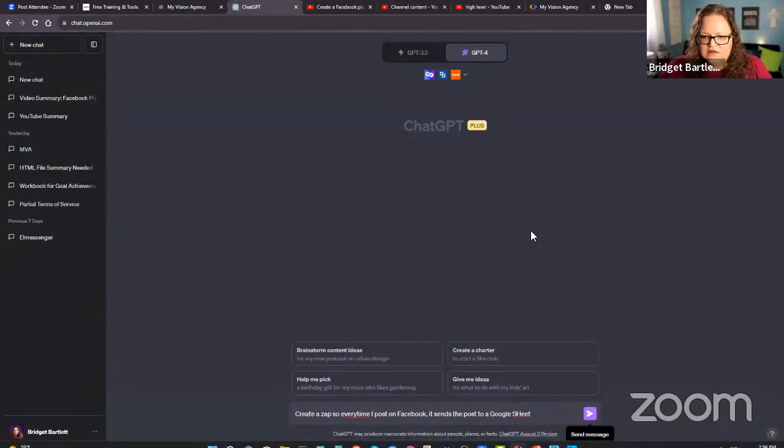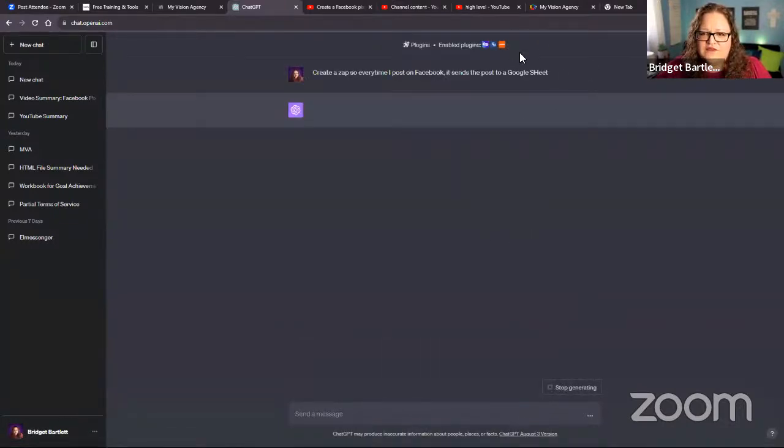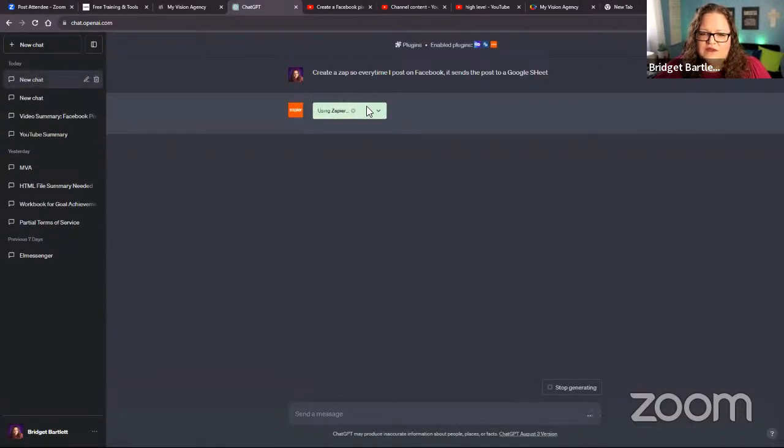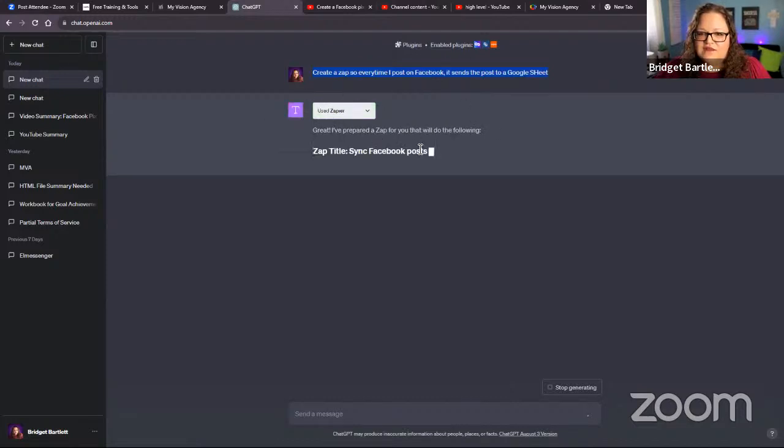So you have to have the Zapier plugin, but it's going to create this zap for me. So if you're like, I have no idea about anything about Zapier, I'm so confused about creating zaps, you can just easily come in here, tell it what you want to do, and it is actually generating this zap here.